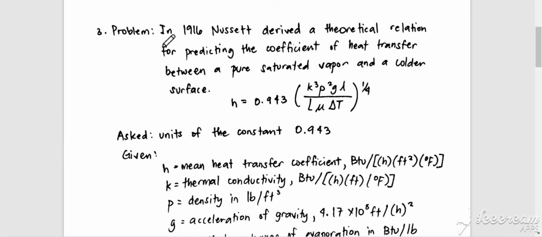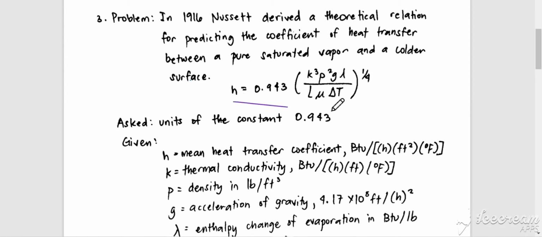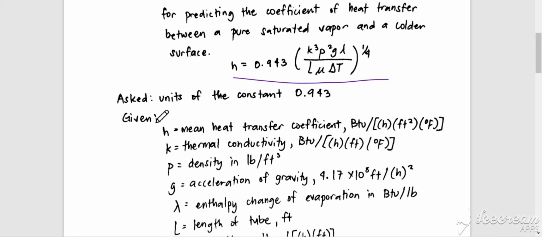In the problem, it was stated that in 1916, Nusselt derived a theoretical relation for predicting the coefficient of heat transfer between a pure saturated vapor and a colder surface. We are presented with a formula here: h equals 0.943 times (k cubed ρ squared g λ over L μ ΔT) to the power of 1/4. The problem is asking for the units of the constant